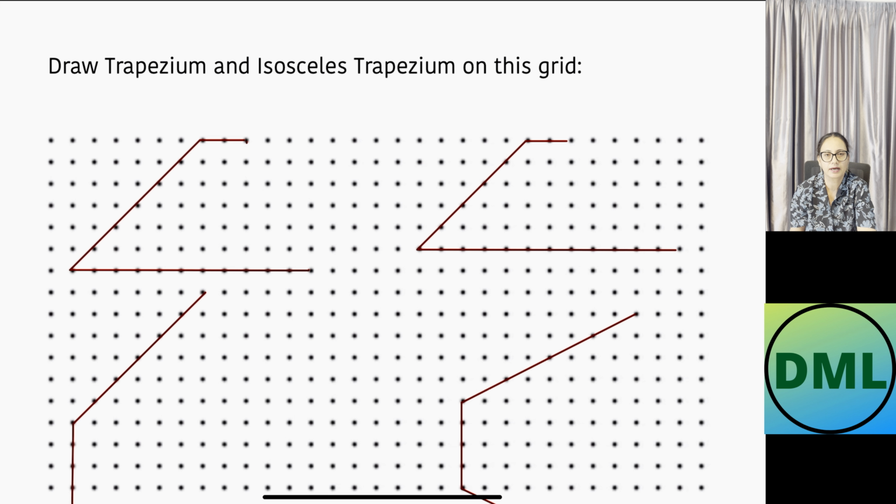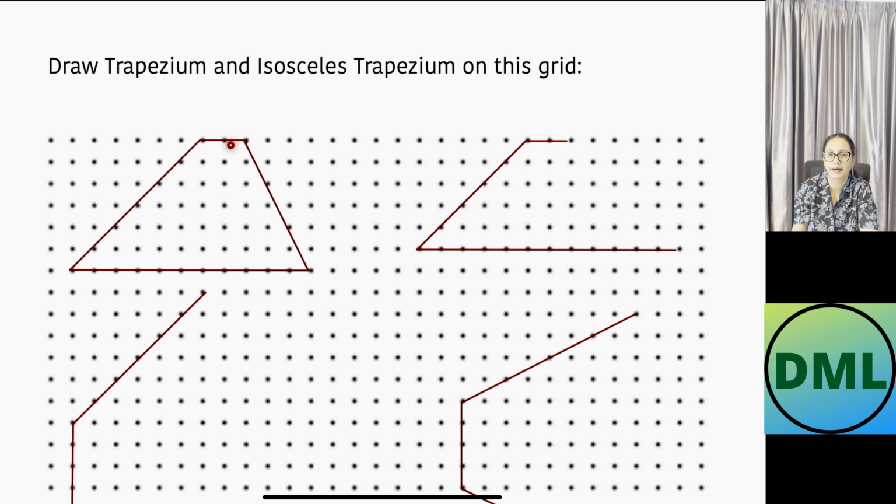I have picked one side here. Let's see how many units did I pick. 11 units. This is another side. I have picked 2 units. I have joined this with this one with the slant side. 1, 2, 3, 4, 5, 6 units on this side. To complete the trapezium, I need to join this with this one. Let's join this here. I have drawn my trapezium in which the opposite sides are parallel, but they are of different lengths and the other two sides are not the same.